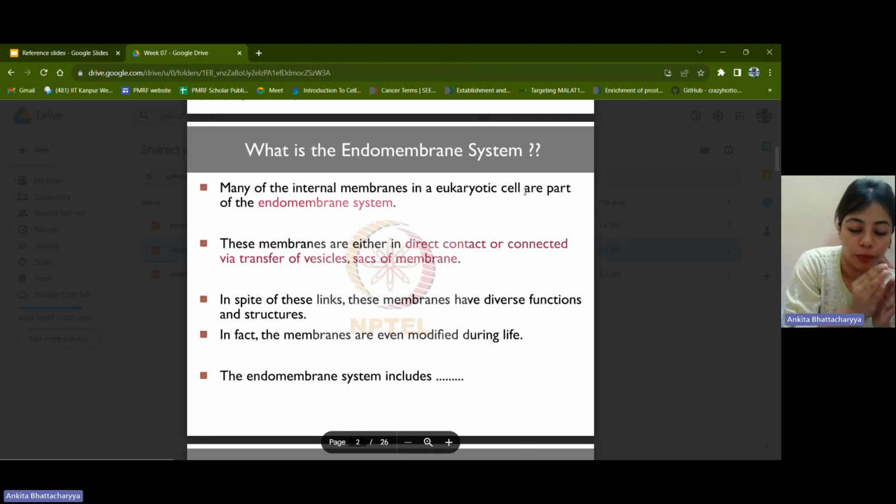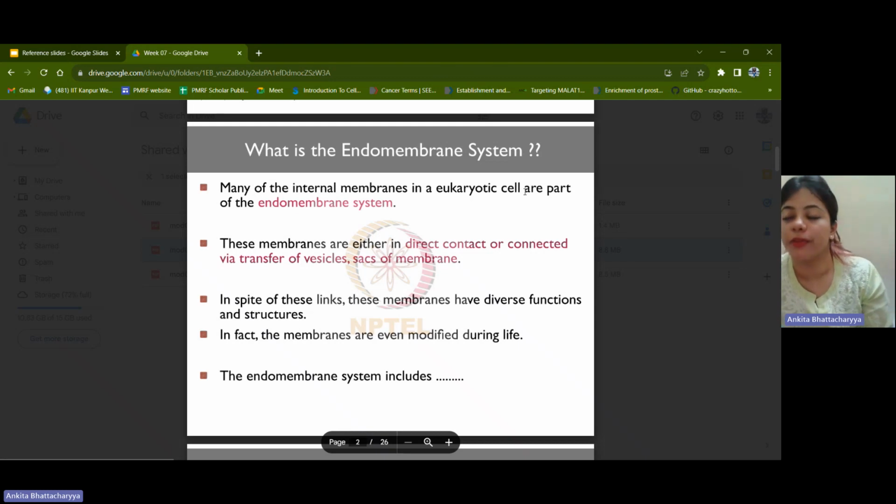And from the first Golgi compartment, which is the cis Golgi compartment, a little bit of the membrane pinches off and fuses with the medial. From the medial, a little bit pinches off and fuses with the trans, and from the trans, it pinches off and goes towards the cell membrane or the cell exterior. So we see that connection being present there. In spite of these links, these membranes have very diverse functions and structures,